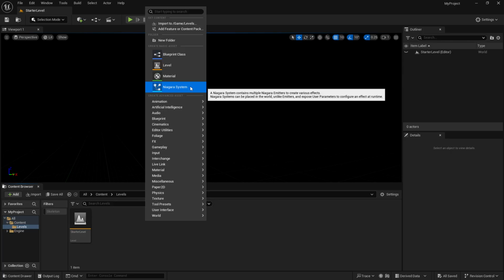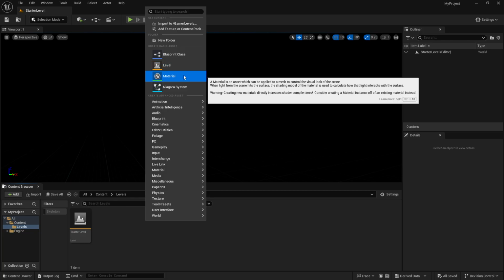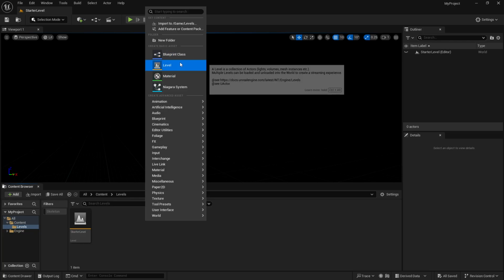If you imagine you're walking through water and there are ripples on the water, that is going to be utilizing the Niagara system. It's where you'll get your special effects and things like that. We're not going to go into details on this, but just understand that this is something more advanced that we'll deal with later. The three that we're going to focus on right now are the blueprint class, the level, and